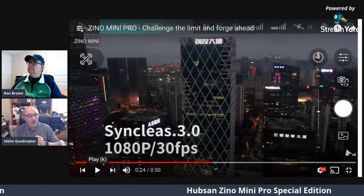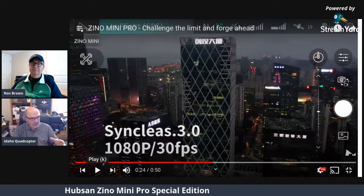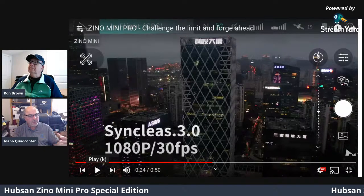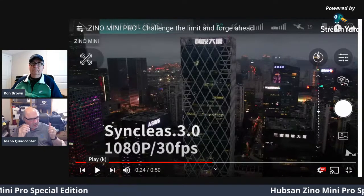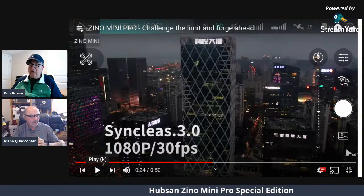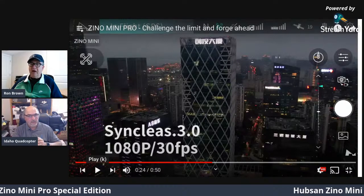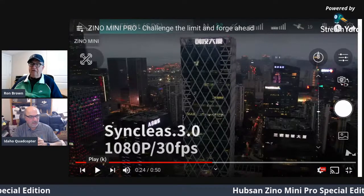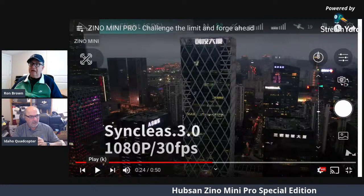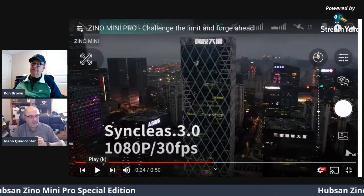And then also, hopefully, included in this is, because it's a stronger signal, you're going to see less lag too. So you're going to see real time what your drone is doing. And the lag's more important at distance. Usually with most of these drones, if you're close by, you don't see the lag. But once you get out a certain way, then the lag kicks in, where hopefully you can go almost to full range with no lag. And speaking of range,